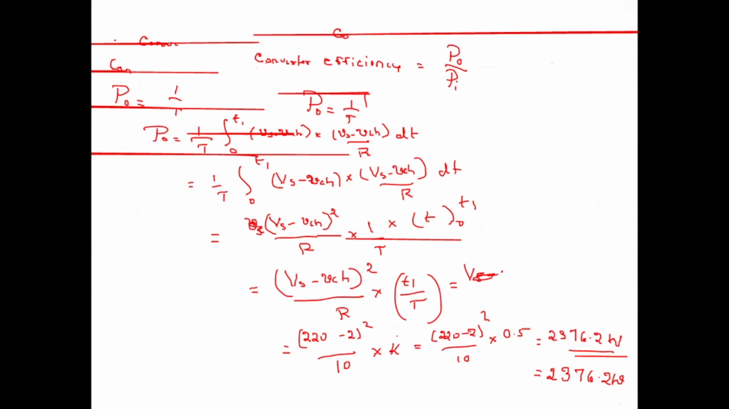So that is responsible for this. That's the reason. Strictly speaking, this is the instantaneous source voltage and instantaneous current value into dt. So 1 by T, the instantaneous source voltage is always Vs. Instantaneous source current is the same as load current, that is Vs minus V chopper divided by R, into dt. That's the reason 1 by T